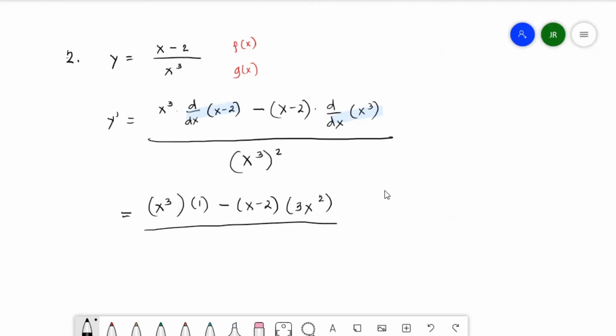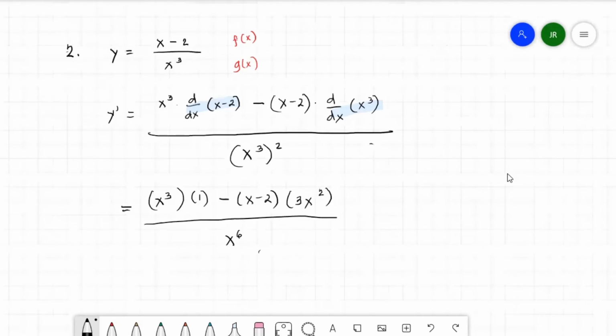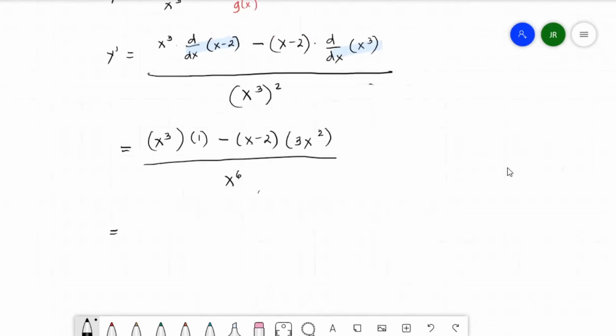Then over this x cubed raised to 2 is equal to x raised to the 6th power. So apply lang natin yung law of exponent dito. Di ba kung meron tayong a raised to m raised to n, that is equal to, copy the base, then multiply the exponent. That's why we have x raised to 6 here. Copy the base x, multiply the exponent, 3 multiplied by 2 is 6. Okay, and then simplify, hanggat kaya, ay i-simplify. So that is equal to x cubed